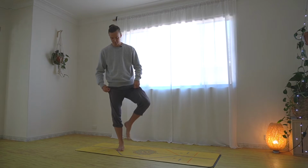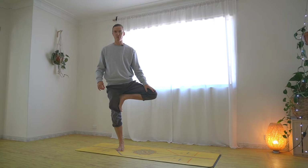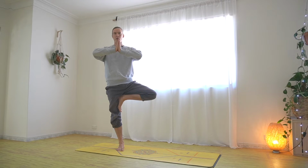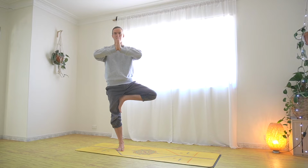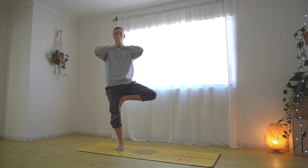Let's do the other side. And of course, most people will have one side that's more wobbly, more unstable, because you're just simply more connected to one side of your body. So you're gonna do the second side, and once we're done with the second side, you can pause the video and repeat your weak side, your more wobbly side. If you don't really feel a big difference, then just keep going with the class. So pressing the hands together, elbows at shoulder height,